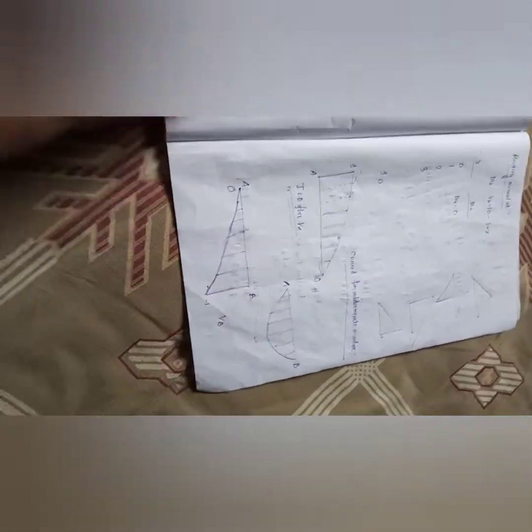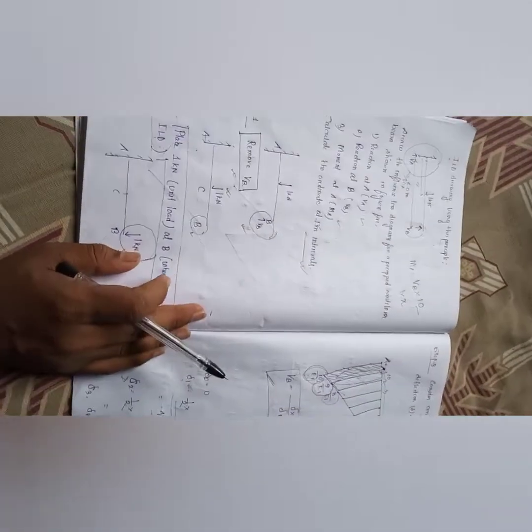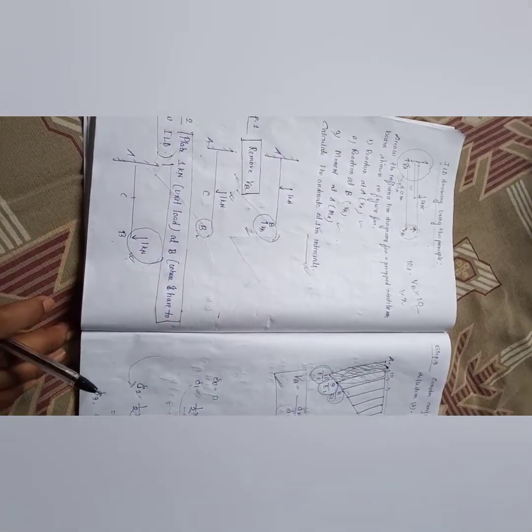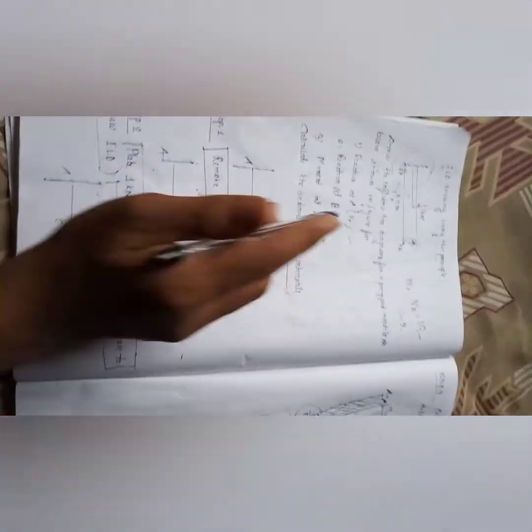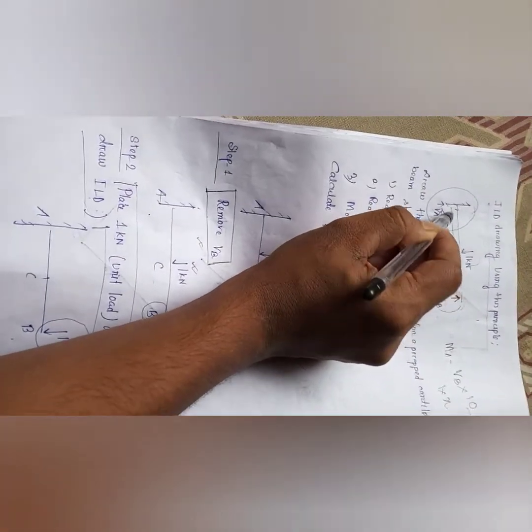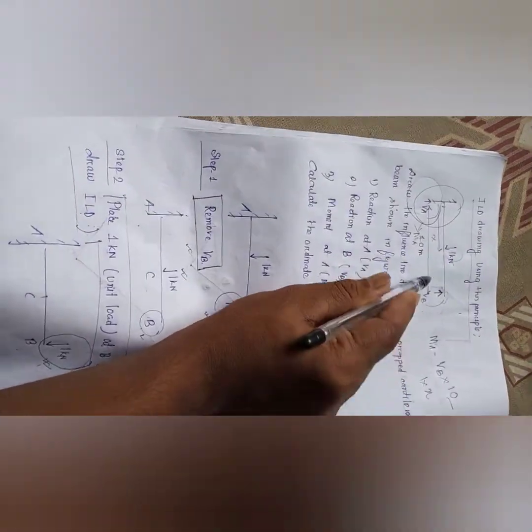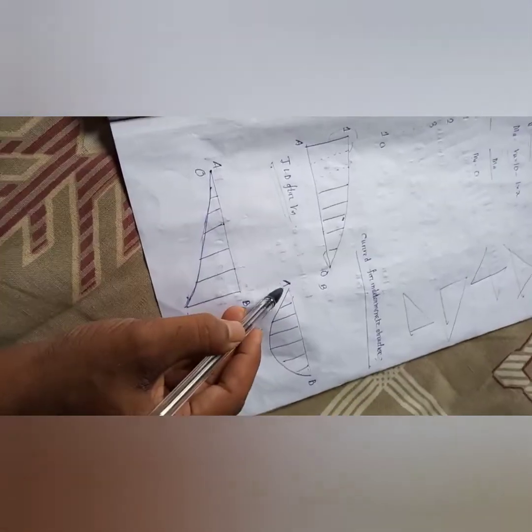Why it will be negative? Just see the question carefully. It is not a continuous beam, okay? It is a propped cantilever beam. So for a propped cantilever beam, there are two reactions mainly. There are two support reactions, B and BB. So one is positive, another is negative. So for the negative, it will be negative portion, and the values of BB